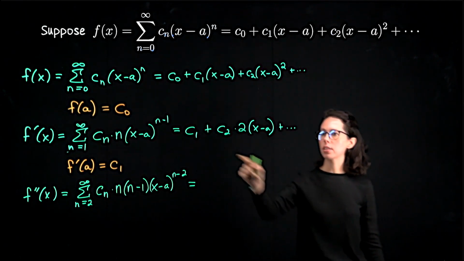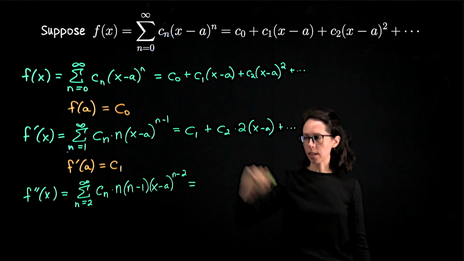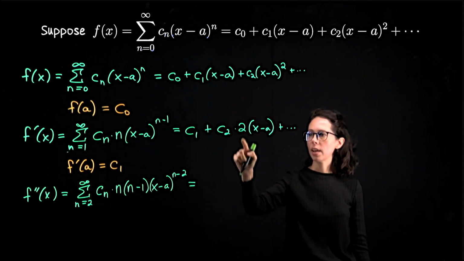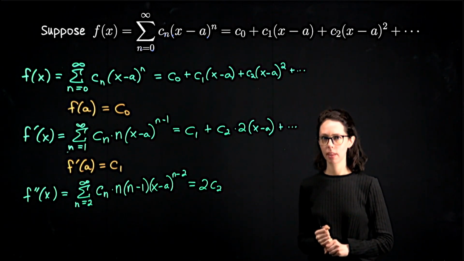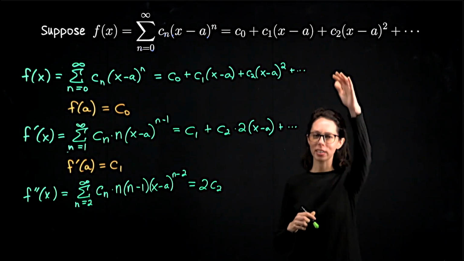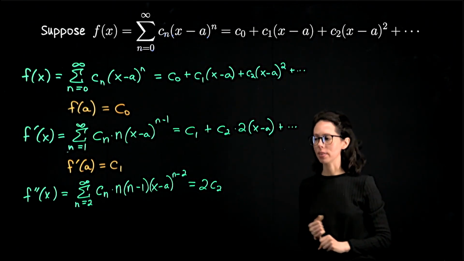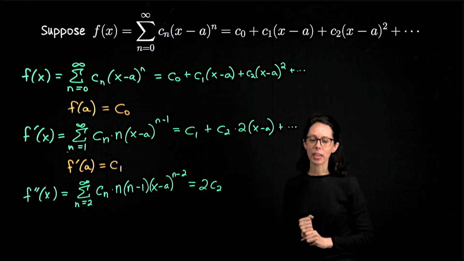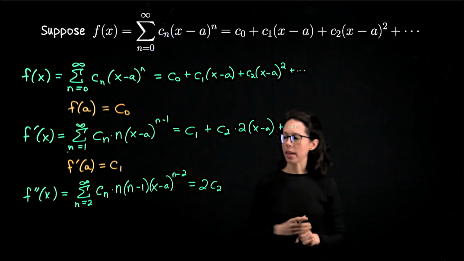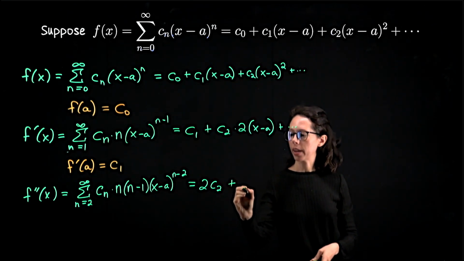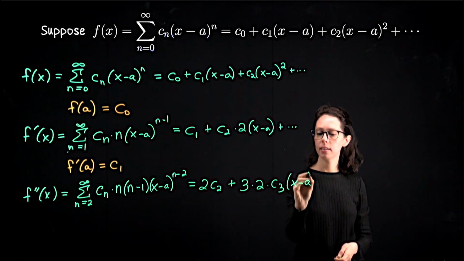If I come here and start differentiating, the first term is 0, so the derivative of just the constant C1 goes away. We then have 2C2. For the next term, in order to see it come out of the expansion, you'd need to add another term over on the right-hand side, but I'm just going to work off the sigma notation. We are looking at the n equals 3 term, so that's going to be C3 times 2 times x minus a. So I'm going to write 3 times 2 times C3 times x minus a.